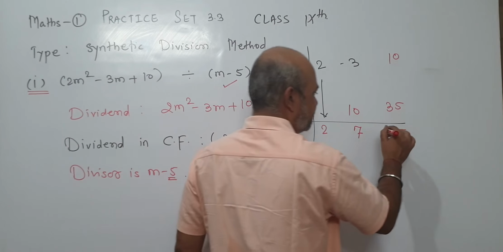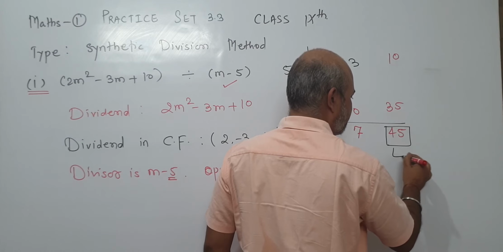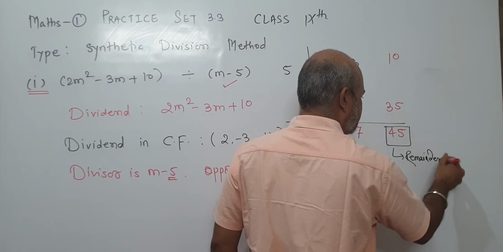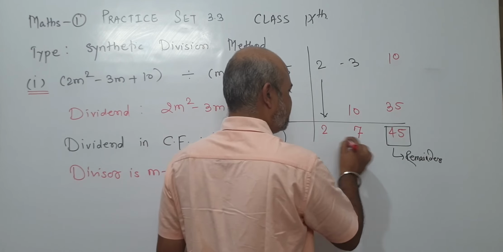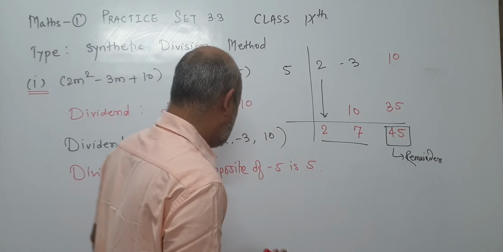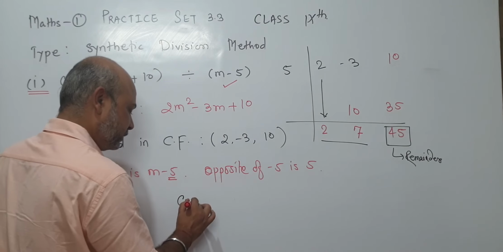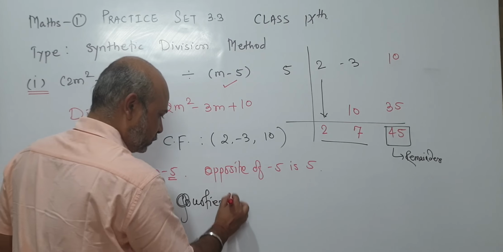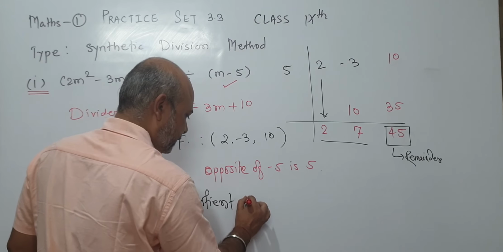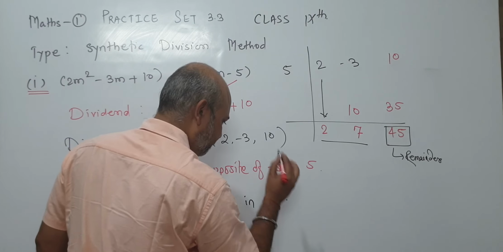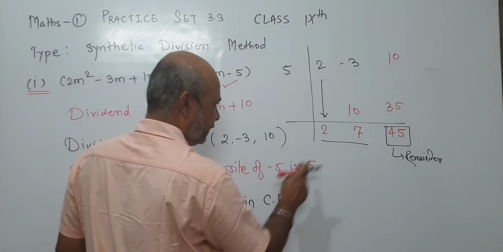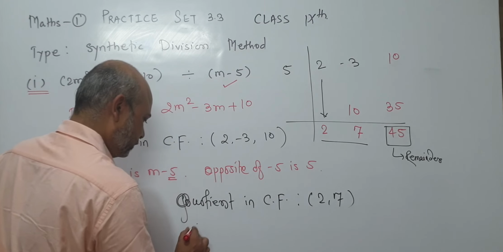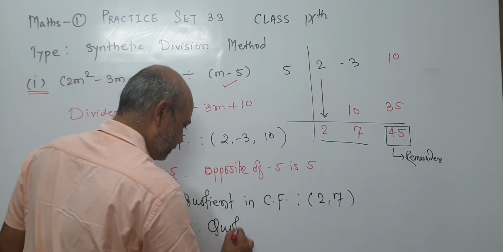So this last term is called as remainder. And this is what? Quotient. So write the quotient in coefficient form. Quotient in coefficient form is given to you, that is what? 2, 7, and therefore quotient is...